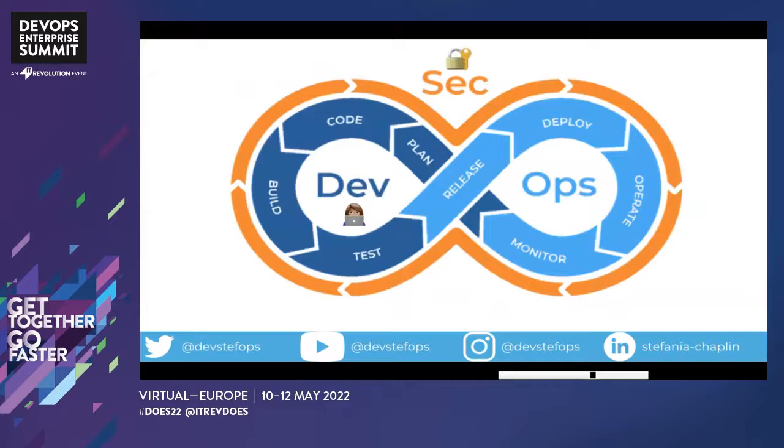Then we have security. And one of the common myths is that DevSecOps is putting security in the middle. So for example, once we've done our unit tests, maybe we might do some static code analysis. Okay, we ticked the security box and now we hand it over to ops. It doesn't quite work like that. DevSecOps is about having security embedded at every stage, and you want to shift left as far as possible.